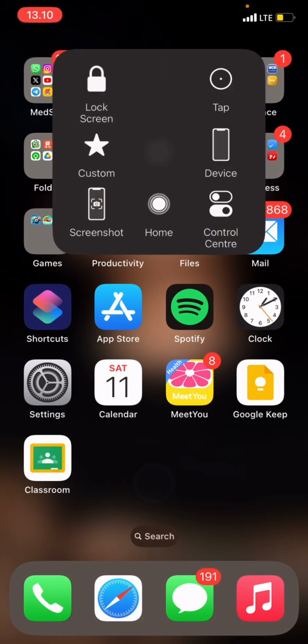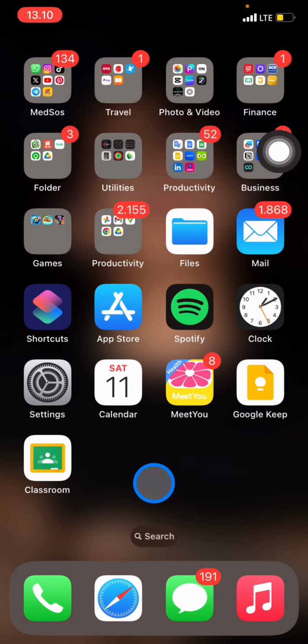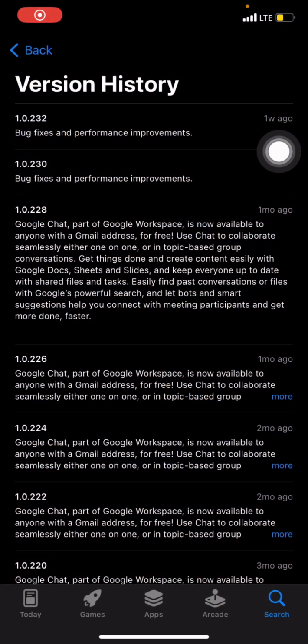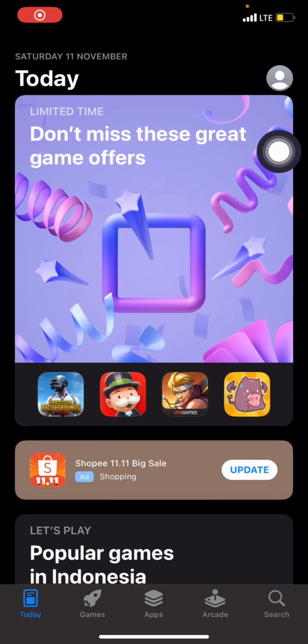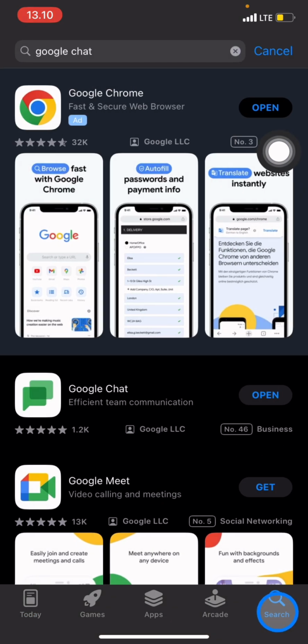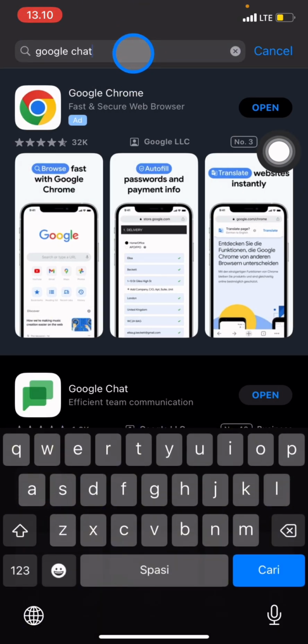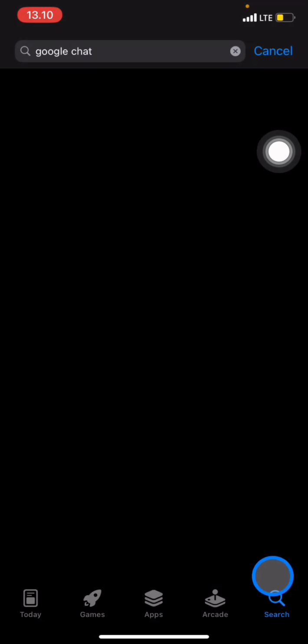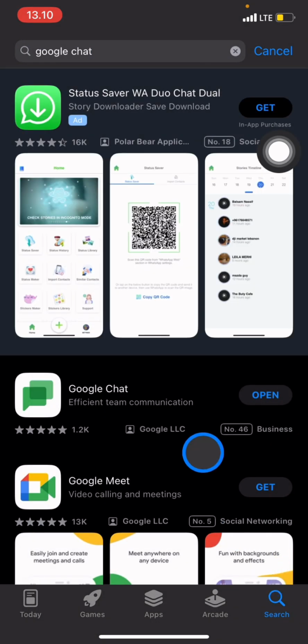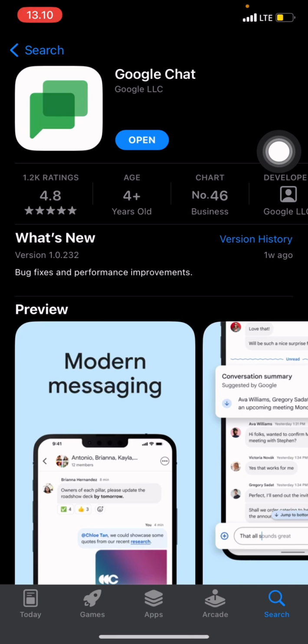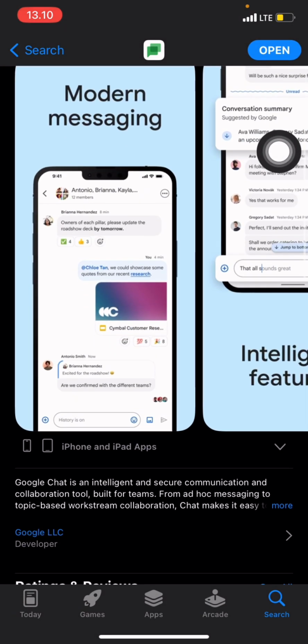So the first thing we have to do is not open the Google Chat application, but go into the App Store. In the App Store, if you are in the home section, you just need to go into the search section. In the search section, type Google Chat in the search bar, and after that click search. Whenever you find Google Chat, click it, and after that you just need to scroll down